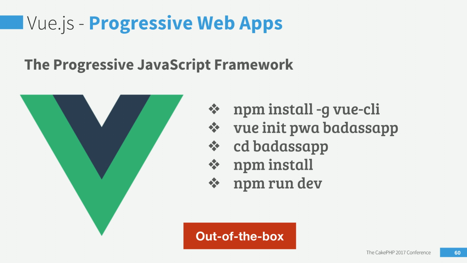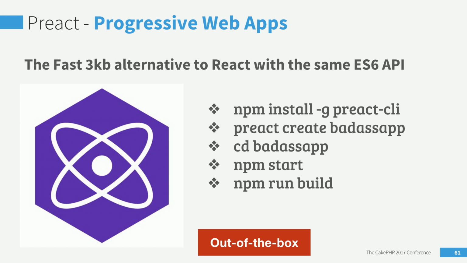So by the time you serve all your assets, it caches all of them by default. So it's a PWA out of the box for you with Vue. Then with Preact, how many of you use or know about Preact? Preact is the faster version of React, very small, very fast. With the Preact CLI, you can actually build a progressive web app out of the box. Once you run the command and it creates your app, it's a PWA out of the